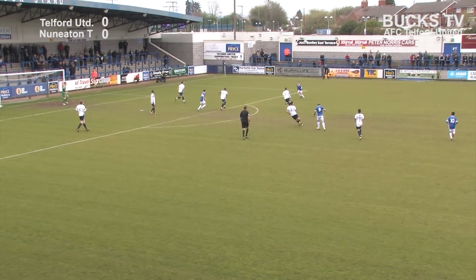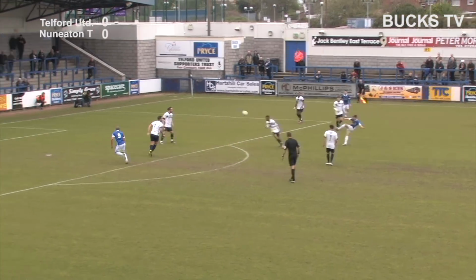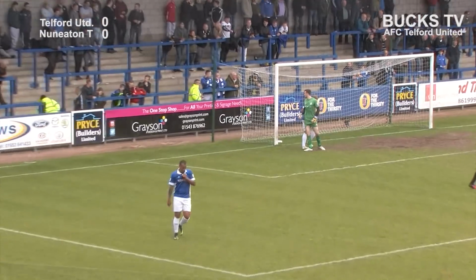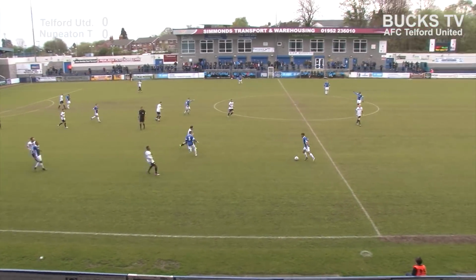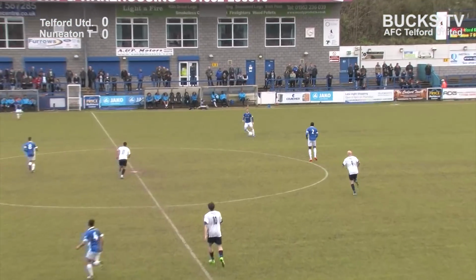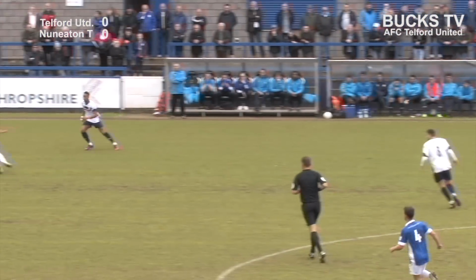Telford scramble the ball away. It's with Chambers now. Chambers finds Tom Elliott, and still Nuneaton have it on the edge of the box, and then a lovely cross comes, shot from Jordan Nicholson that got just inside the Telford half. He comes out to O'Hanlon on the Nuneaton left-hand side. He comes back to Scott, and gradually, territorially, the visitors are starting to exert the kind of pressure that we had